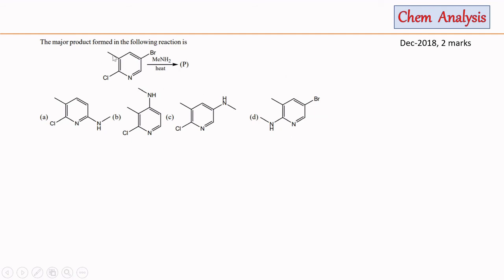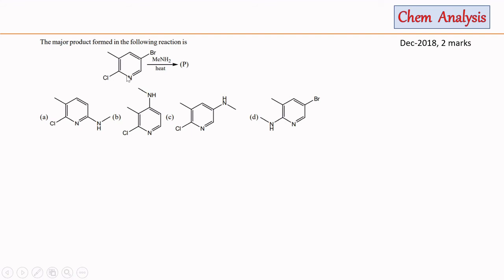In this reaction we have to tell about the major product, and the reaction will take place through addition-elimination of this amine. Now we can see that the reaction will take place either at this carbon-bromine bond or at this carbon-chlorine bond to proceed through the addition-elimination pathway. Now the reactivity will depend on the electrophilicity of the carbon center at which the nucleophile will attack. Due to the higher electronegativity of the chlorine atom, this carbon center will be more electrophilic than this carbon center, since bromine is less electronegative than chlorine.